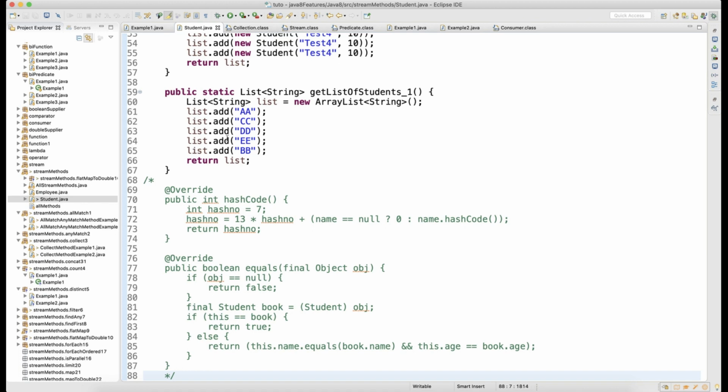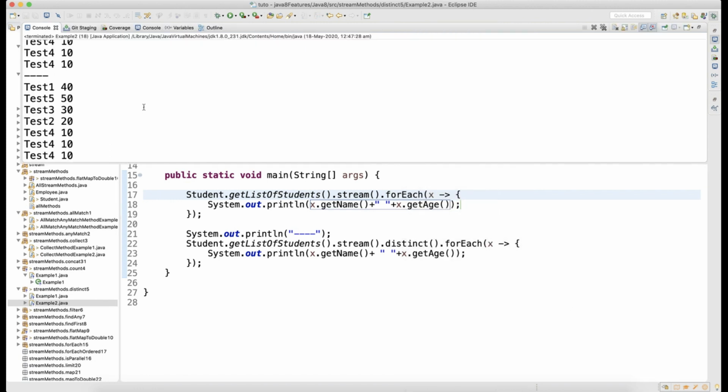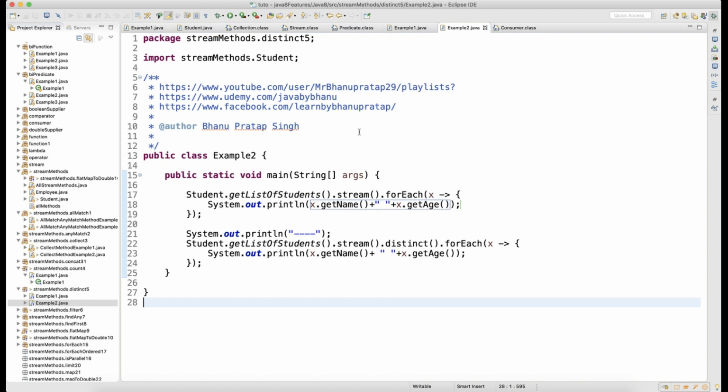So if I comment this out now and run it, you will not see any difference even though you are calling distinct, guys, right? You can see that this is without distinct, all data got printed, and then this is after distinct. You can see that all duplicate data is getting printed because it's a fresh object which you are storing. So distinct will understand that every object is a fresh object, right?